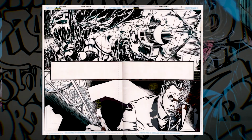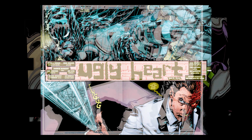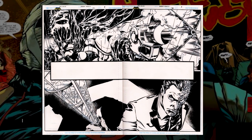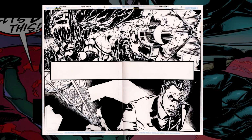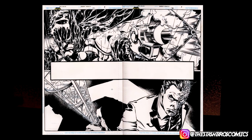Ooh, that is a dope Two-Face. Wow. Yeah, this one I pulled just because I struggled a lot. They kept calling for shots like this of Two-Face flipping his coin directly at the camera, and it's really hard to have the kind of space to get it in. There was a cover that they asked me to do. Actually, the first cover,